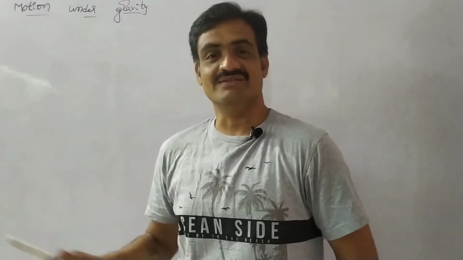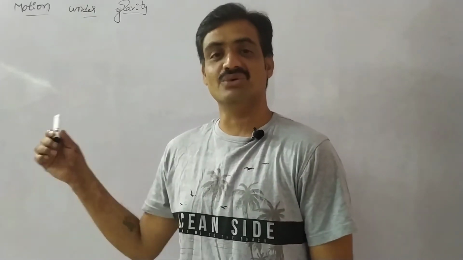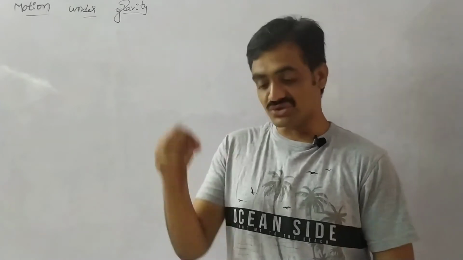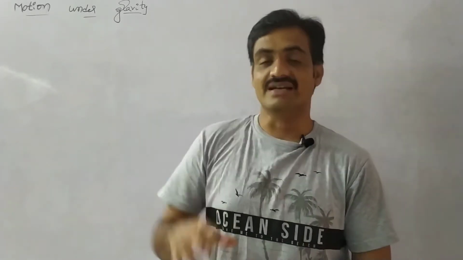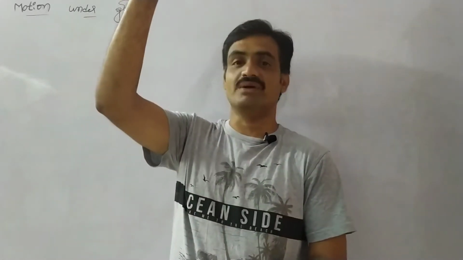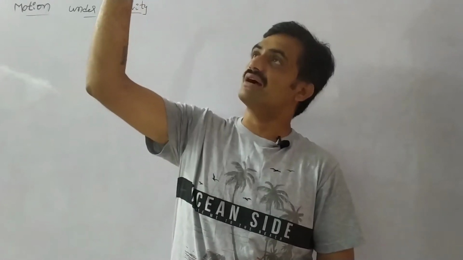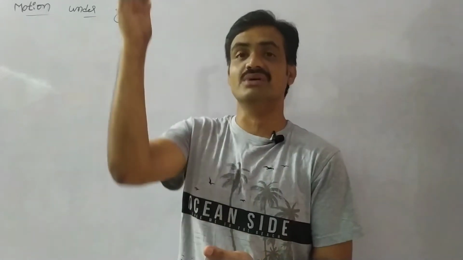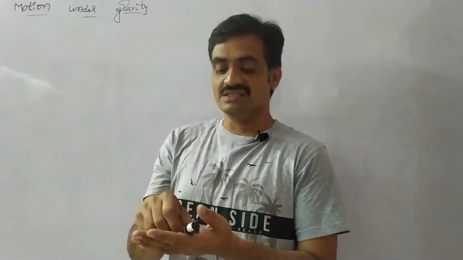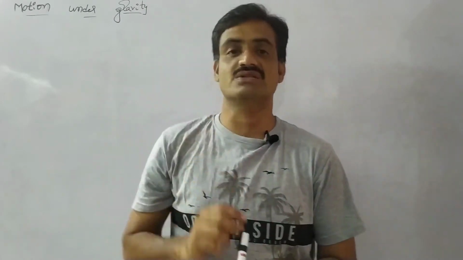This is my 7th class, and in this class today we are going to discuss motion under gravity. Here we are going to discuss the motion of a body based on gravity. Let us consider a body being dropped from a particular height. It travels from a higher position to a lower position based on gravity. Since the body is falling freely, we consider the initial velocity as 0.